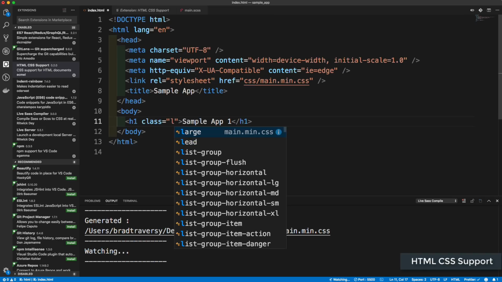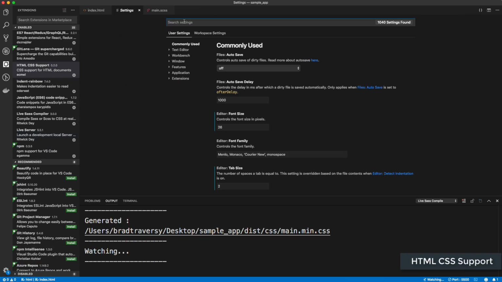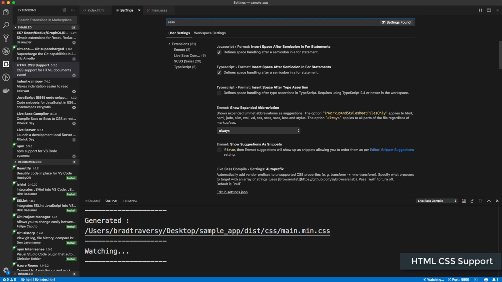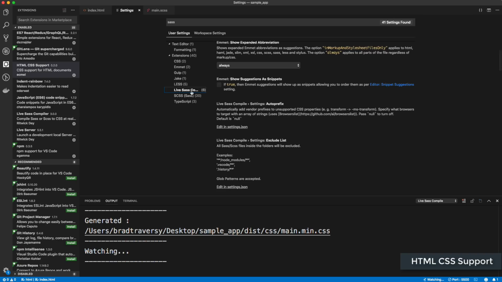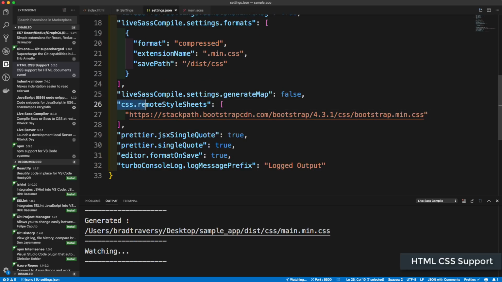So this is really helpful if you have a lot of classes and you want to drop down with them all. Now notice that I have these Bootstrap classes in here as well. So the reason for that is because if I go to my settings here, I just want to go to my custom settings file and just show you that right here I have the css.remoteStyleSheets, and I have the Bootstrap CDN in there. So it'll look at that file and it will pull the classes from that and put them